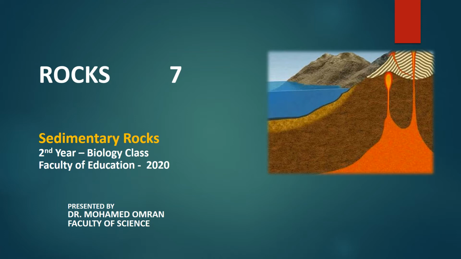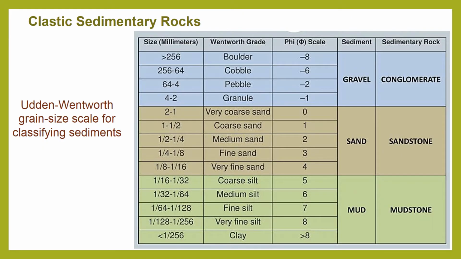We are still studying the sedimentary rocks, and last time we started the classification of sedimentary rocks according to their grain size, and we have studied the clastic sedimentary rocks. We will continue the rest of the part of clastic sedimentary rocks, and then we will go further to chemical sedimentary rocks. For the clastic sedimentary rocks, there's a good table that can give you an idea